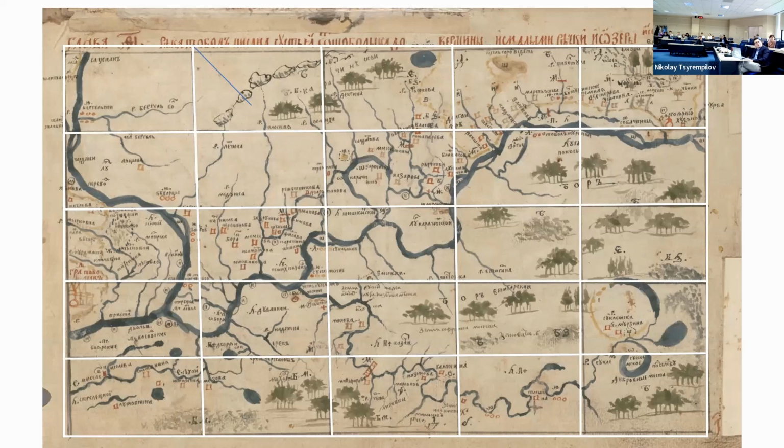So I can go to my data and record, okay, in grid space A2, all of those things are present, right? I can't do it with a great level of geographic accuracy, but at the level of that grid space, I can record all the data. So I did. I went through the whole entire atlas and wrote down where all of the trees are according to the grid location.